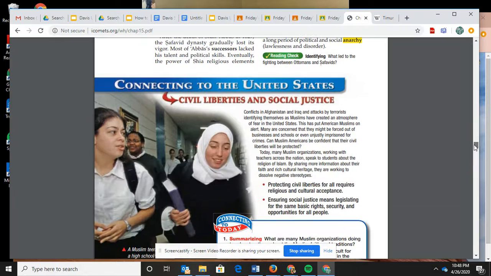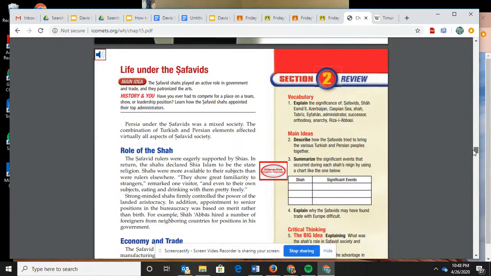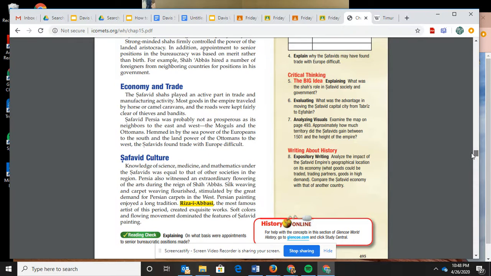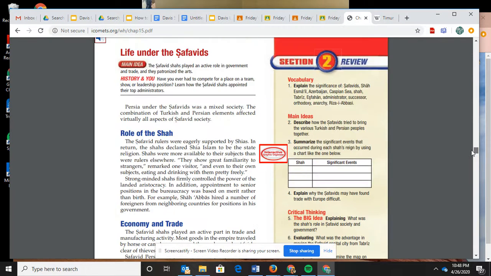Some of their culture that they institute, they talk about the veils that they wore in the Safavid Empire. But one of the big cultural takeaways is the fact that they create the Persian rugs that get traded vastly throughout the region. This is also a